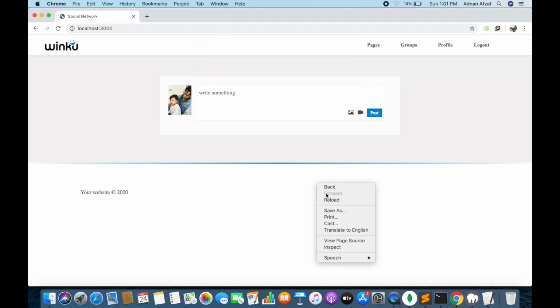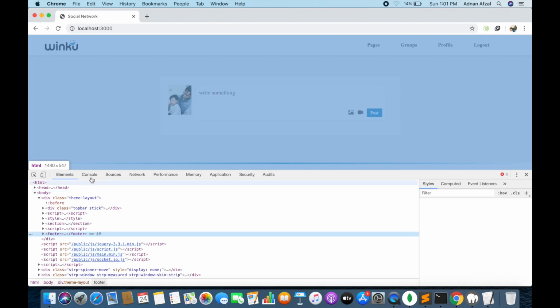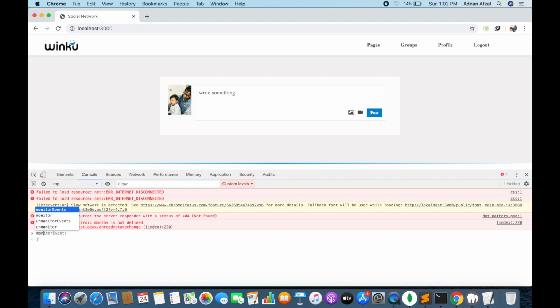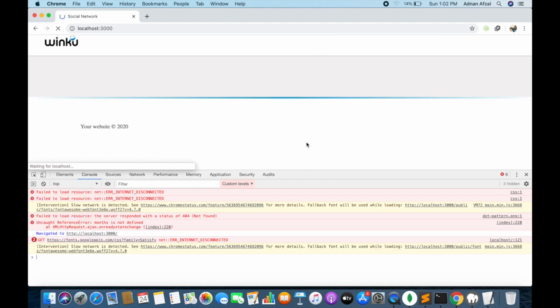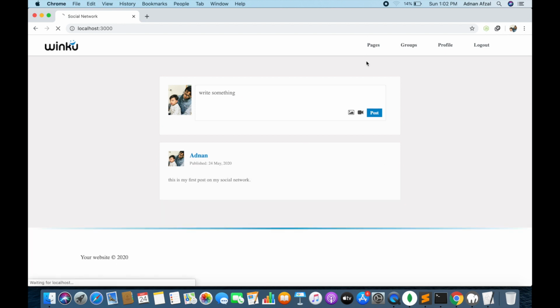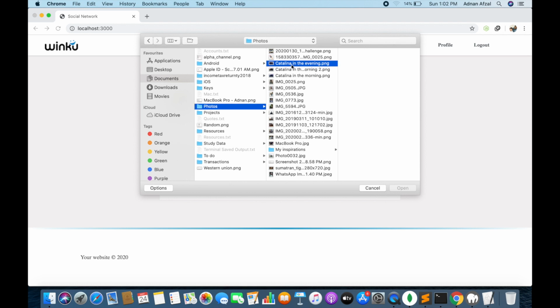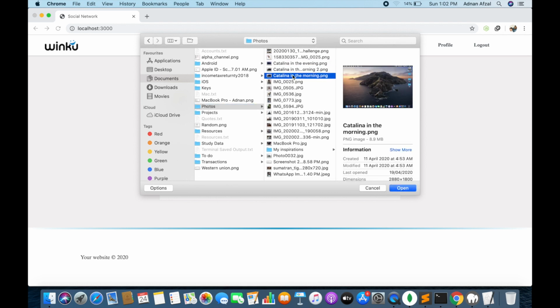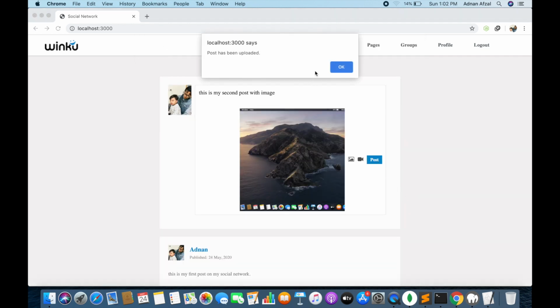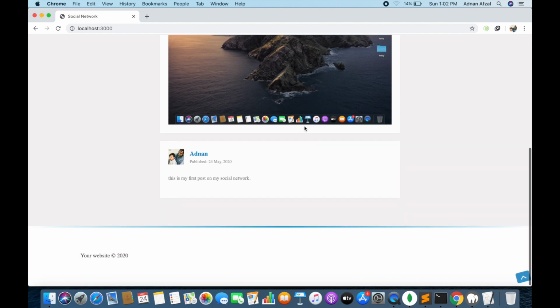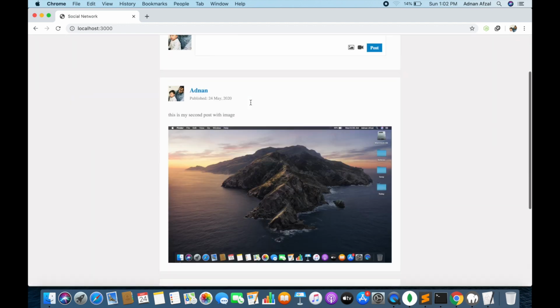I think the page is not properly loaded. Check in console if the array is created. No. Refresh again. So now we are seeing all posts posted, and if I post a new post, then it will also be displayed here without having to refresh the page. This time I am also selecting an image file. So it has displayed a new post as soon as I uploaded it without me having to refresh the page.